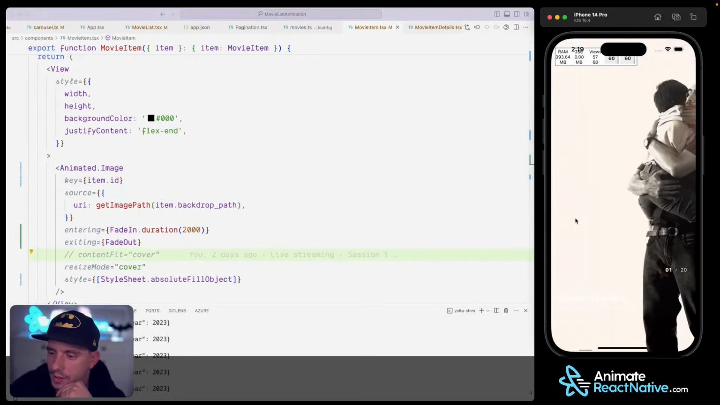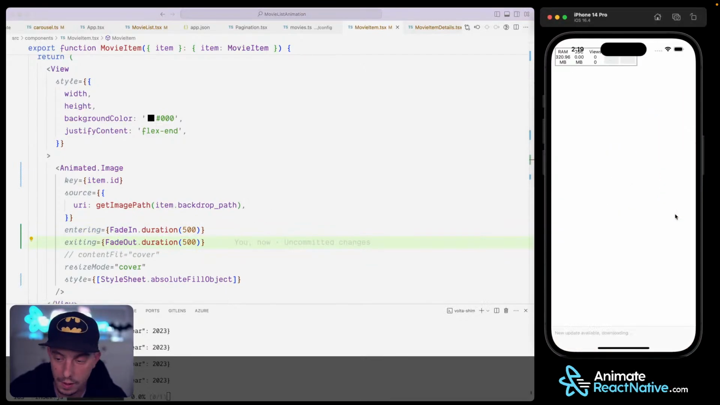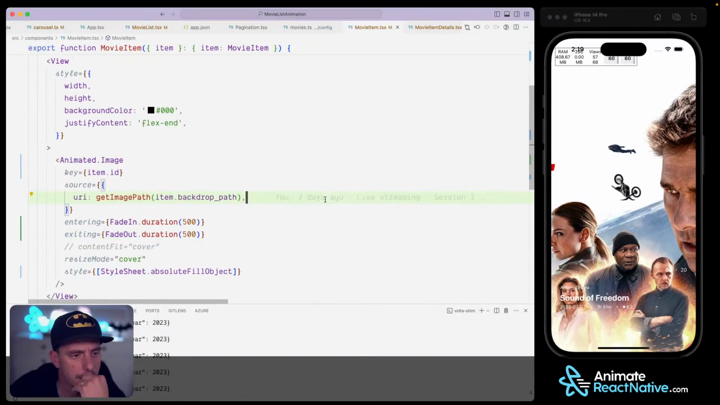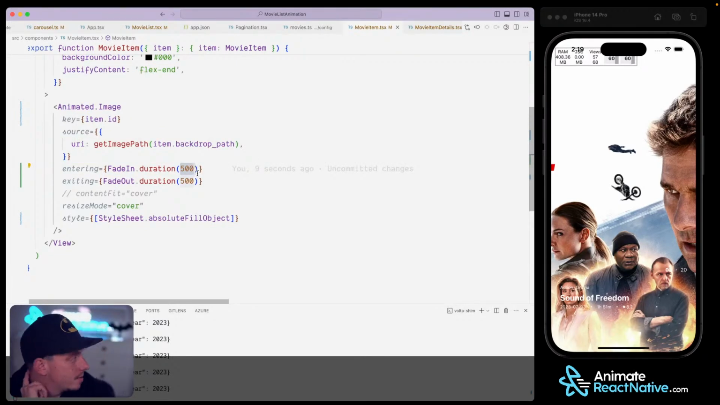Voila. Okay, so this is actually working. Okay, let me pass a duration of half a second. This is really wrong. Half a second duration entering. Yeah, I know why this is happening. And the reason is